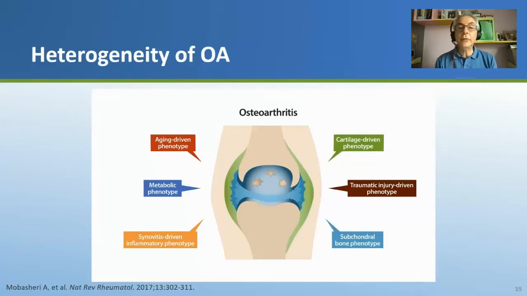As you can see on this slide, for the risk factors, we distinguish between the post-trauma OA, the metabolic OA, the one which is linked to obesity, and the age-related OA. These are the main three phenotypes based on risk factors. And as far as imaging phenotyping is concerned, we distinguish OA that is predominantly subchondral bone when you have bone marrow lesions on MRI, synovitis driven with inflammation of the synovial membrane that gives the inflammatory phenotype, and the cartilage phenotype with essentially the destruction of the cartilage.